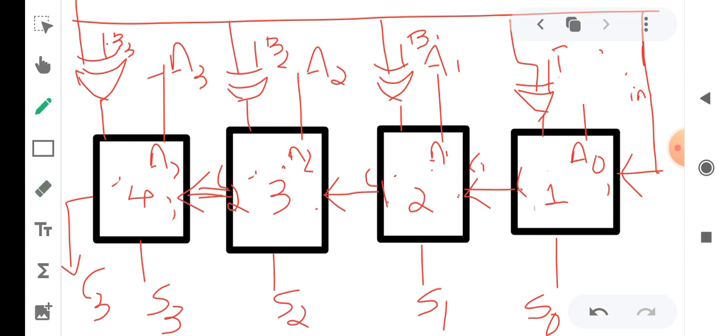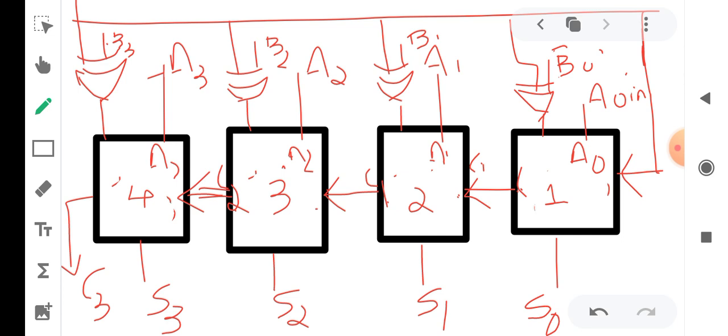This is B0, this is A0. This is B0 and this is A0. So this is how we can represent the 4-bit adder and subtractor.